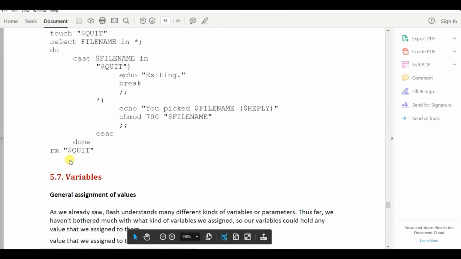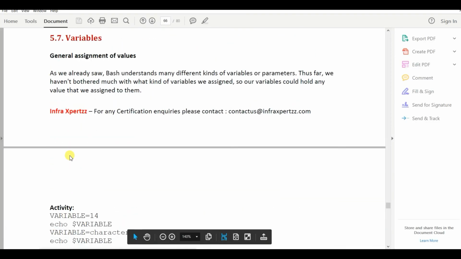So let us go to our next topic, which is variables. As we already saw, Bash understands many different kinds of variables or parameters. Thus far, we haven't bothered much with what kind of variables we assign. So our variables could hold any value that we assign to them.